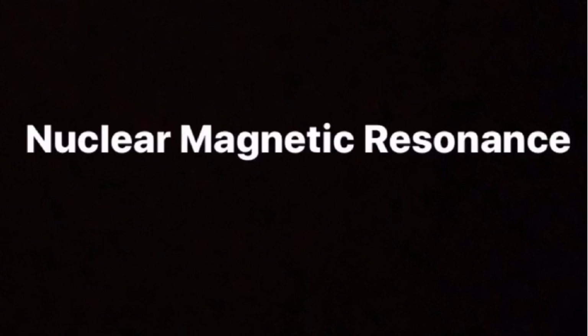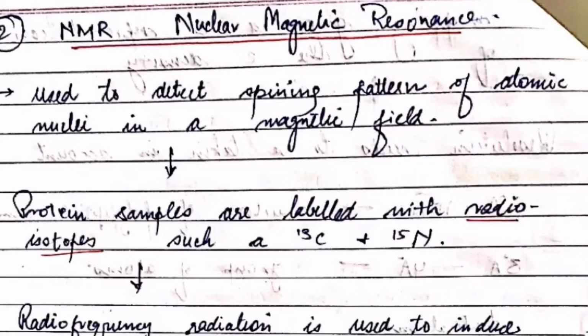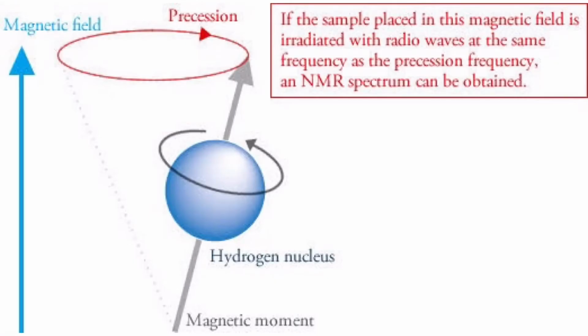Next technique is nuclear magnetic resonance, that is NMR. It is basically used to measure the set of distances between atomic nuclei, and it is done for proteins that are hard to crystallize and for proteins that cannot be dissolved at high concentration. This is the diagram. The base is the nuclear spin. The spin is characterized by the angular momentum vector, and the forms of energy states, low and high.